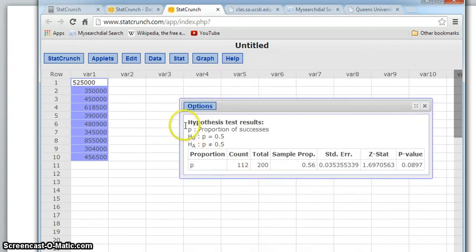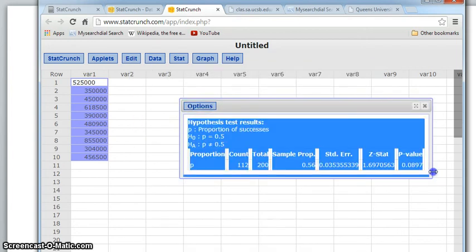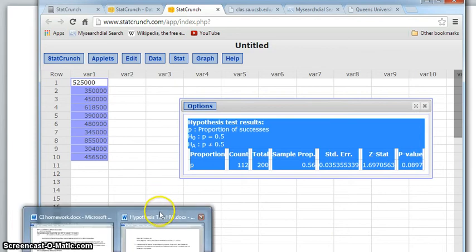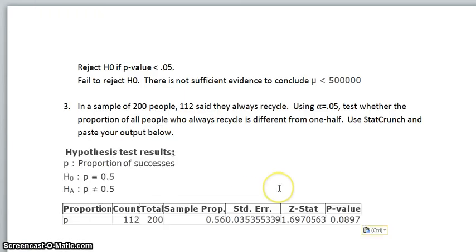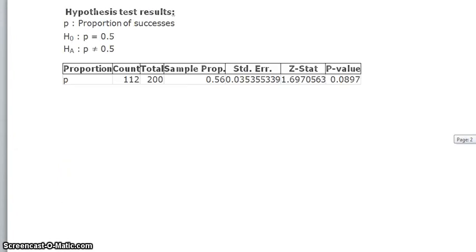So compute, copy, paste. And we're using alpha equals 0.05 again. So reject H0 if the p-value is less than 0.05. In this case, our p-value is not less than 0.05, therefore we fail to reject H0